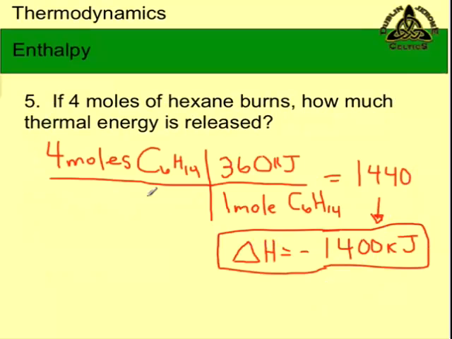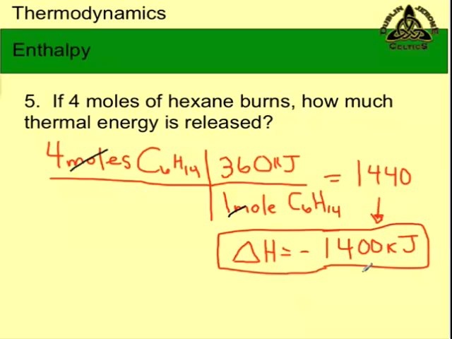All right, and finally, this is the big change to everything we're doing. This is actually dealing with enthalpy now. If 4 moles of hexane burns, before we just had 2 moles, how much thermal energy is released? All you need to do with this is just take your moles that you have here, times it by the 1 mole calculation that you figured out from before. And if you notice, these would cancel. All right, you're going to be left with kilojoules. It was around